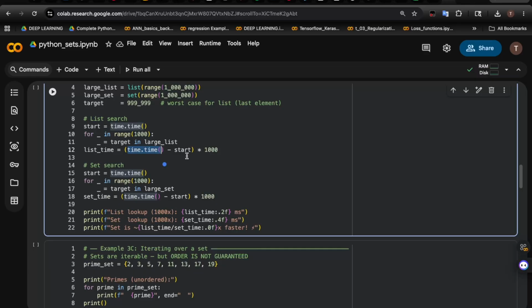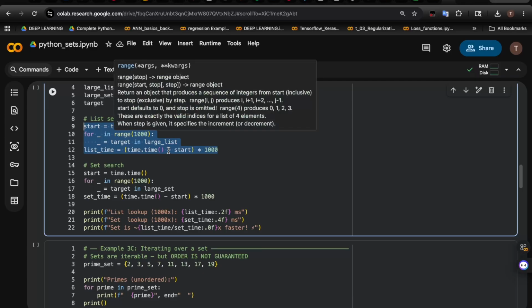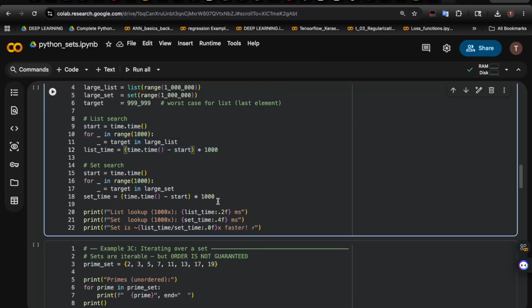So this code will tell how much time it took for the list to get the element. Likewise, I'm checking the same thing for set, how much time it will take in set to find the element through a loop. And at the end, you can see the timing differences here. I'm printing the list time, I'm printing the set time. If I execute the code,